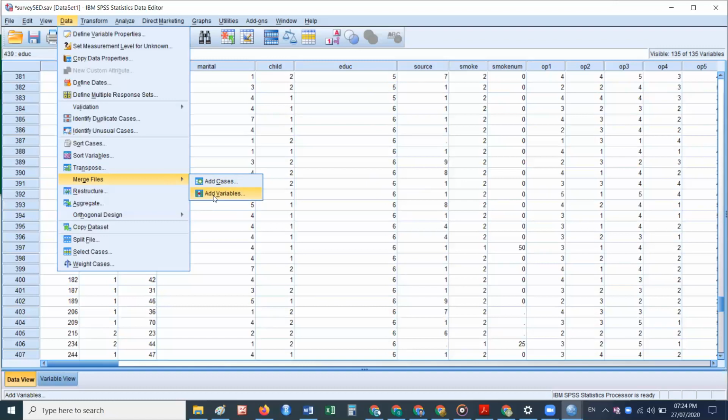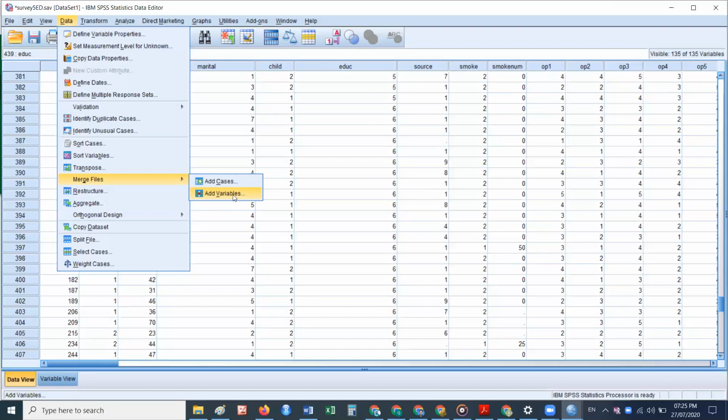Whenever we are merging the files by adding variables, the rows must be matched. If the rows are not matched, then we cannot merge the file. So if we want to add cases, the column structure must be the same in the two files to be merged. And if you want to add variables, then the row structure must be identical.